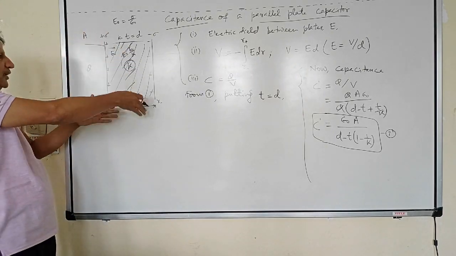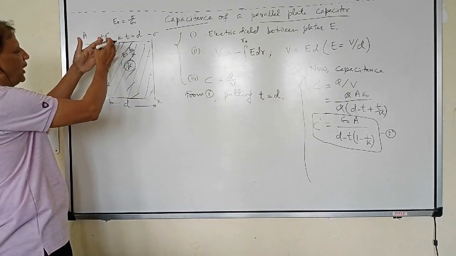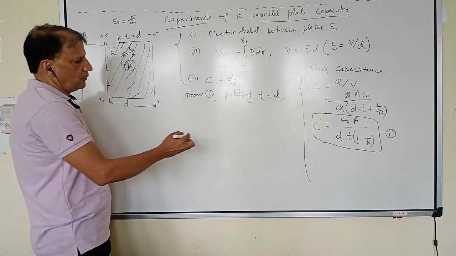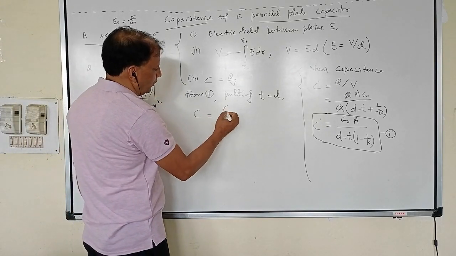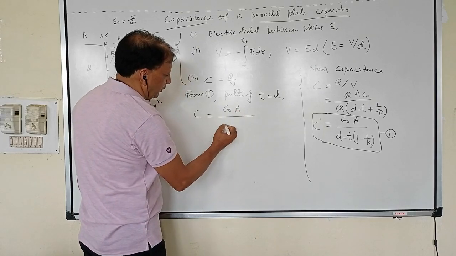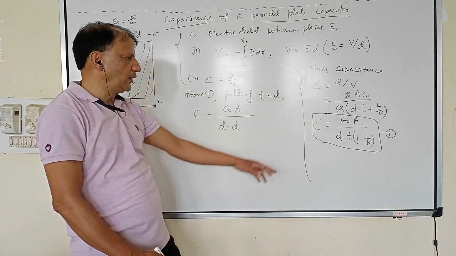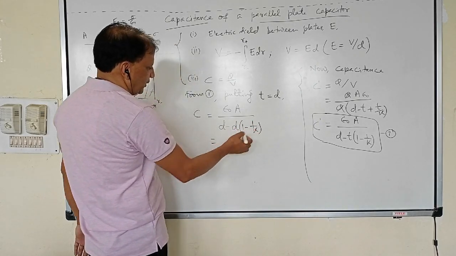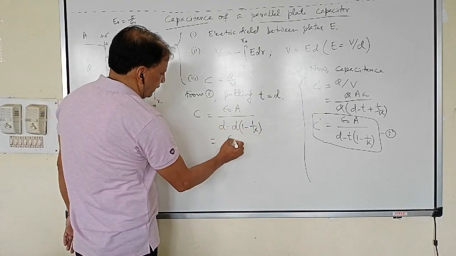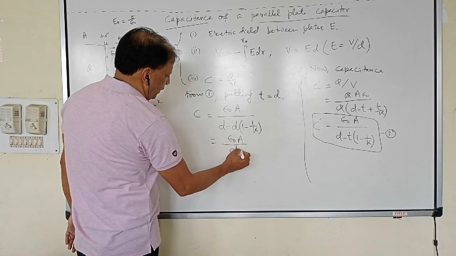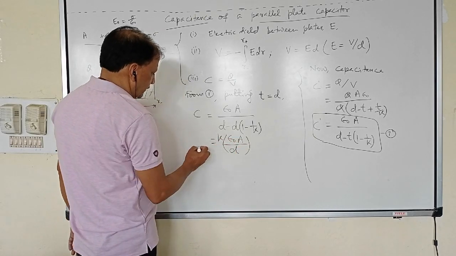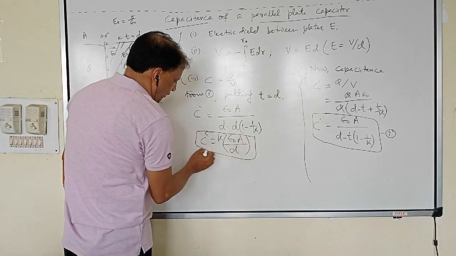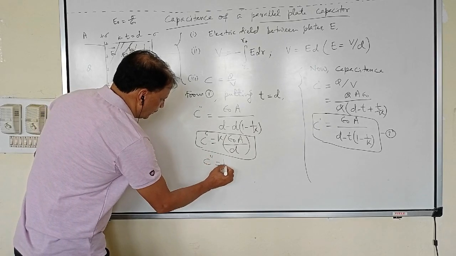Then the entire space is filled with dielectric. Then the thickness of the dielectric becomes equal to D, that is T becomes equal to D. In that case, what will happen from here? You see, C is equal to epsilon naught A upon D minus D, with T equal to D, times 1 minus 1 upon K. Now D minus D we cancel, minus minus plus D by K. That is epsilon naught A upon D, K is multiplied. This is C, that is C double dash. So this will be the value, or C double dash is equal to K times C.